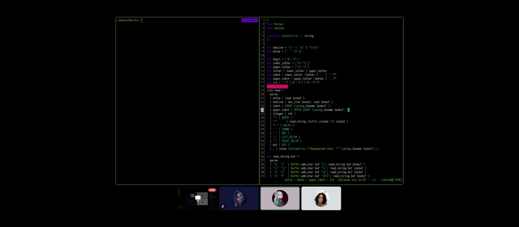We have int. We have white space, new lines, indents, upper indents, integers. We have query. Okay, this becomes a query. This becomes, hmm. Yeah, maybe this is actually, yeah, Lemos is right actually.